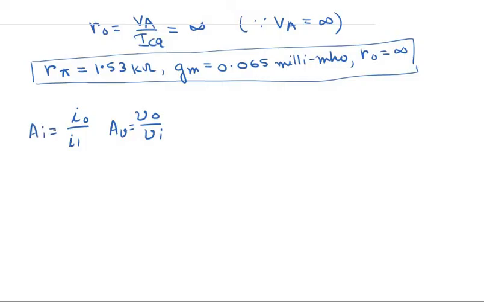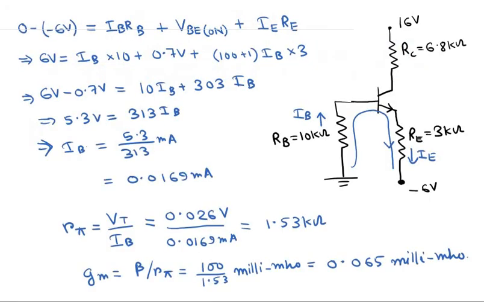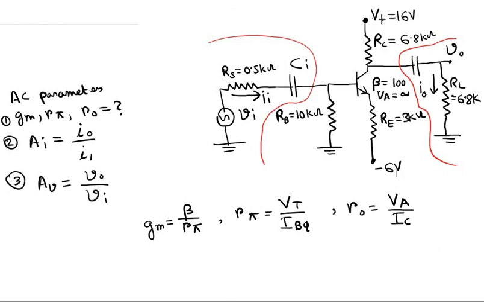So let me show you the location of these voltages if you have forgotten. The output voltage appears across this load resistor RL. So this is our output voltage V0, and the current across this load resistor RL is given by I0, which is the output current. The input current is the current that the voltage source Vi is basically providing. So this is our input current II, and the input voltage is basically Vi.